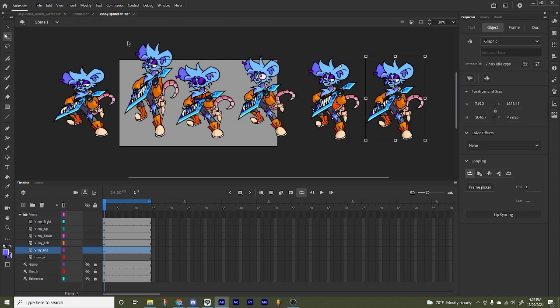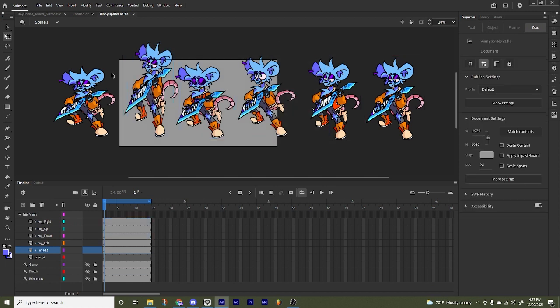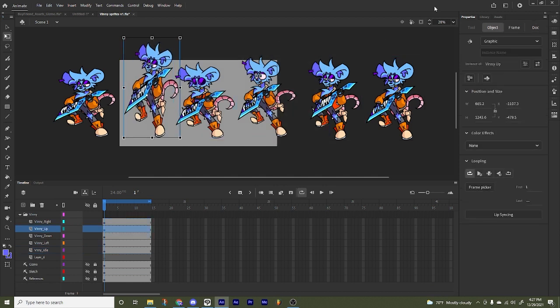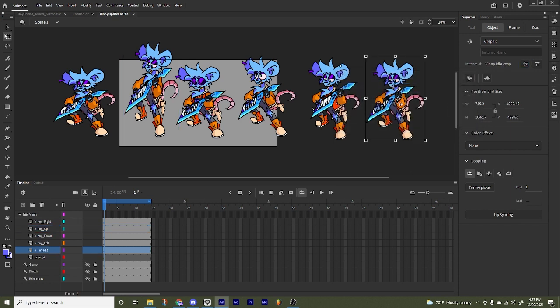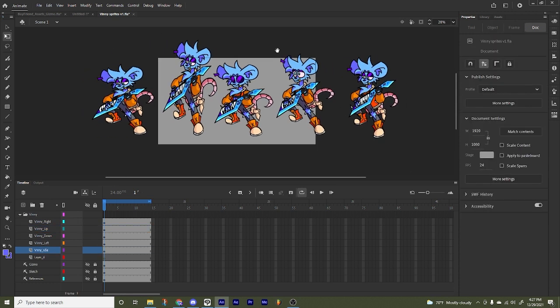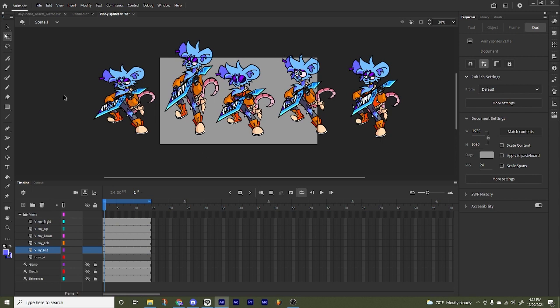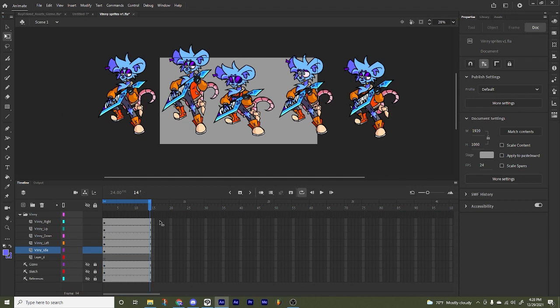And so that's what I did for all of these. They're their own separate symbols, and I changed their names here. If you want to change their name, you can just click this little slider button and you can type that in there. Alright, so now that you've animated all your sprites,